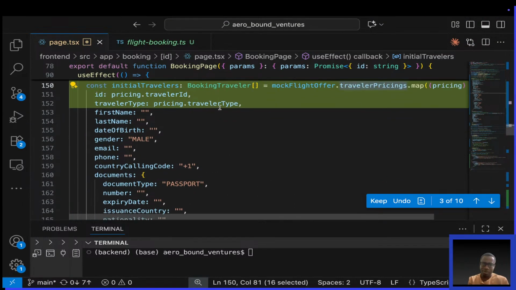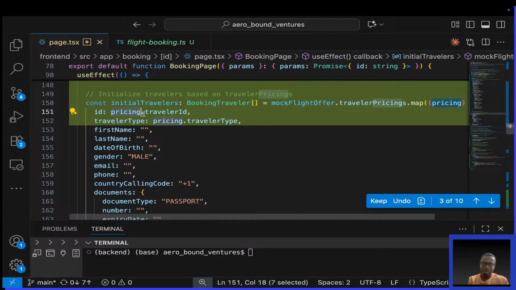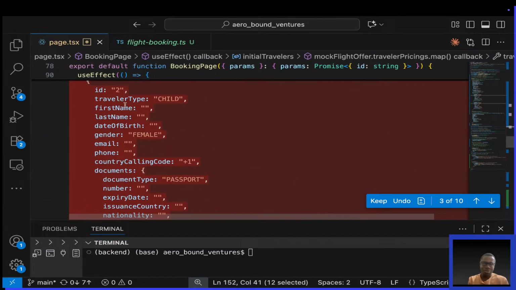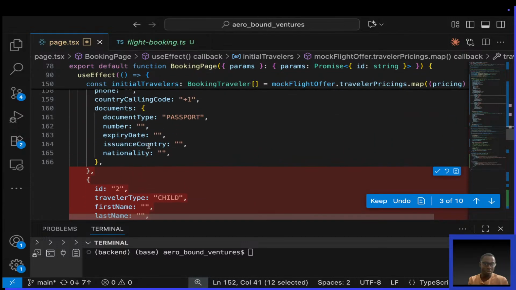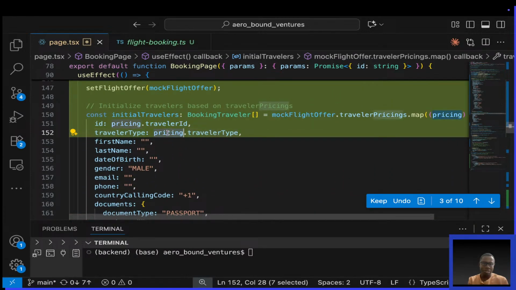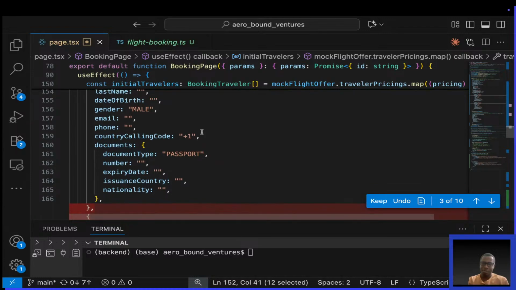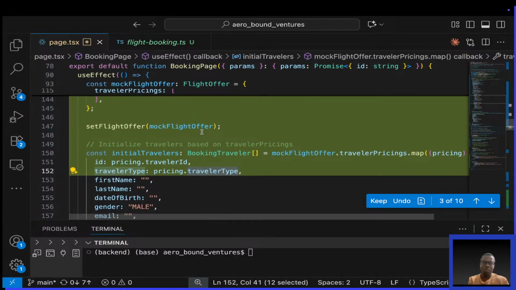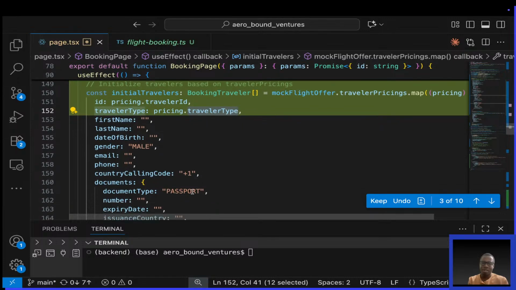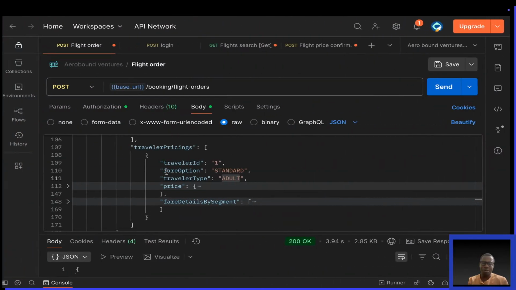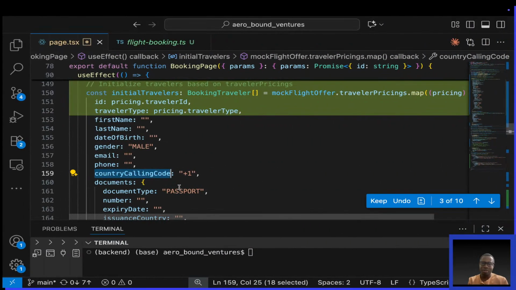So you see it says pricing traveler ID, traveler type, pricing traveler type. Okay, this is okay. It has removed the manual thing, which is good. I think this traveler type, pricing traveler type, should be dynamic. But there are also things which have to be dynamic, like the gender, the source, the document type, the country calling code. Because if you come here, traveler dot,